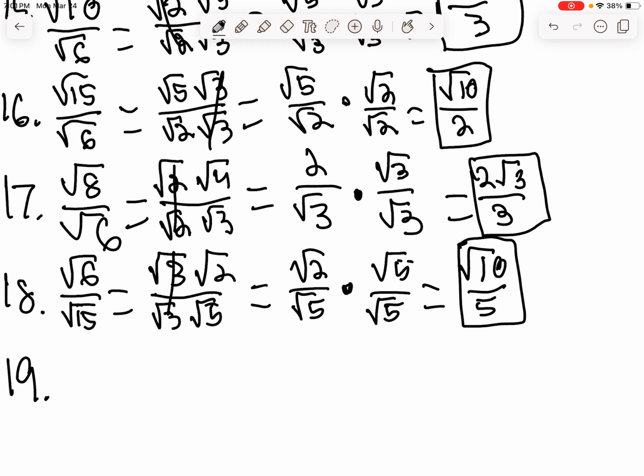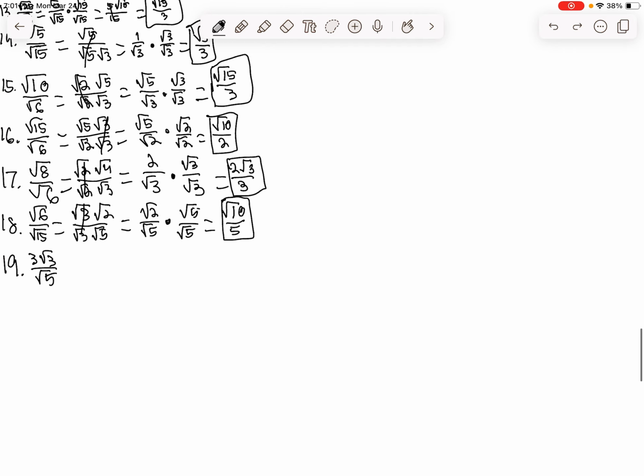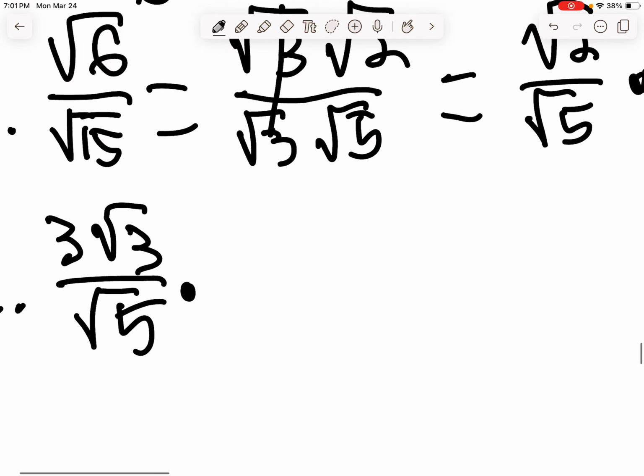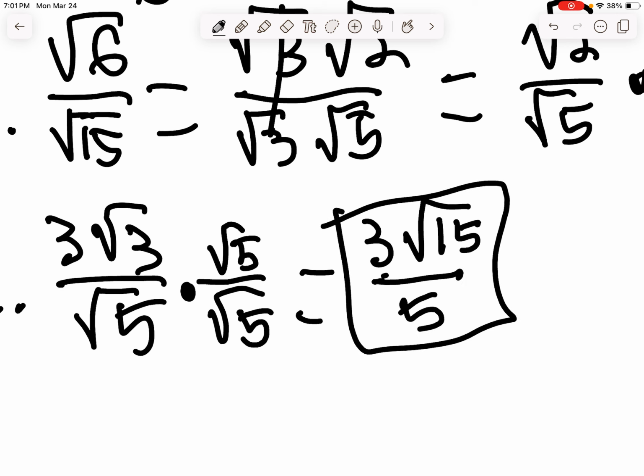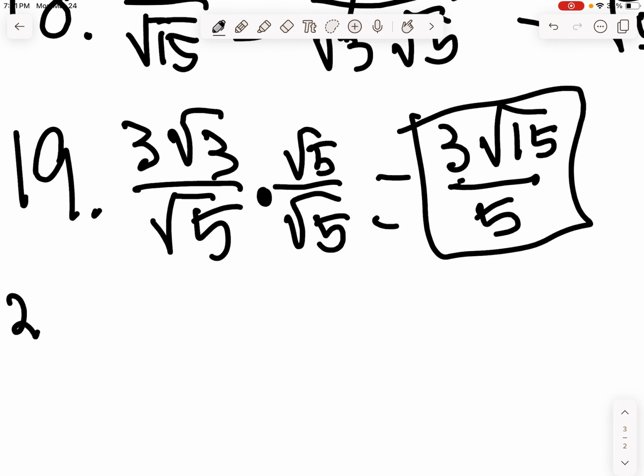Number 19. It saved me a step, which I'm going to be grateful for a while. You get 3 times the square root of 3 over the square root of 5. It's kind of similar to the stuff we've been doing here. All we got to do is multiply by the denominator, both the top and the bottom. And that will give you the square root of 15, because the 3 stays the same, over 5. And we can't simplify that, so we can just leave it. Now for our last problem,